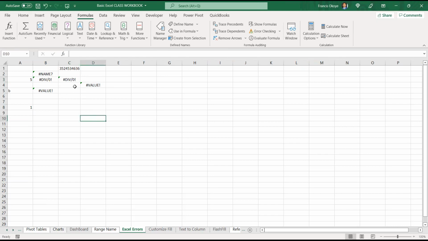The same way, if I want to divide this 5 by an alphabet, when you see value, it means not a value. So that's why when you go to Python and you are trying to divide the numbers and it's throwing an error, you will now check, is there any text or any non-numeric data type in this column? So that means, is anyone not a value? That's how the error comes here in Excel.